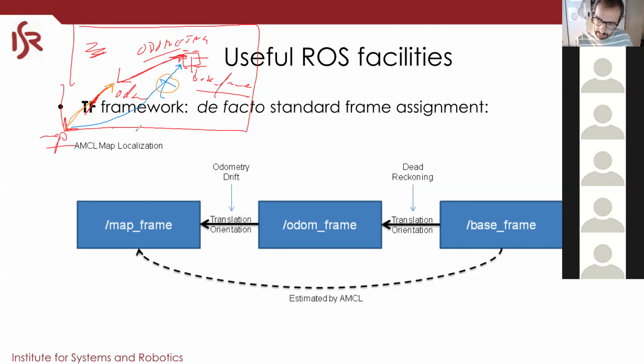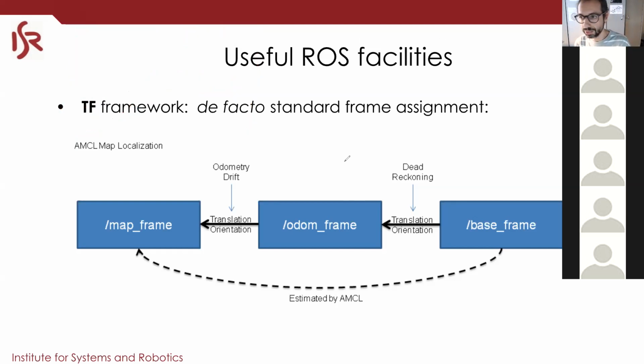So using it this way, you have the localization system publishing this transformation at a slower rate, and you have the odometry being published almost in real time, so that when you query this transformation, you get real-time updated data. The difference is that during 2 updates of the AMCL, you accumulate drift. But you can do closed loop control of robots very easily this way. That's why we have this not so intuitive arrangement of the odom frame.